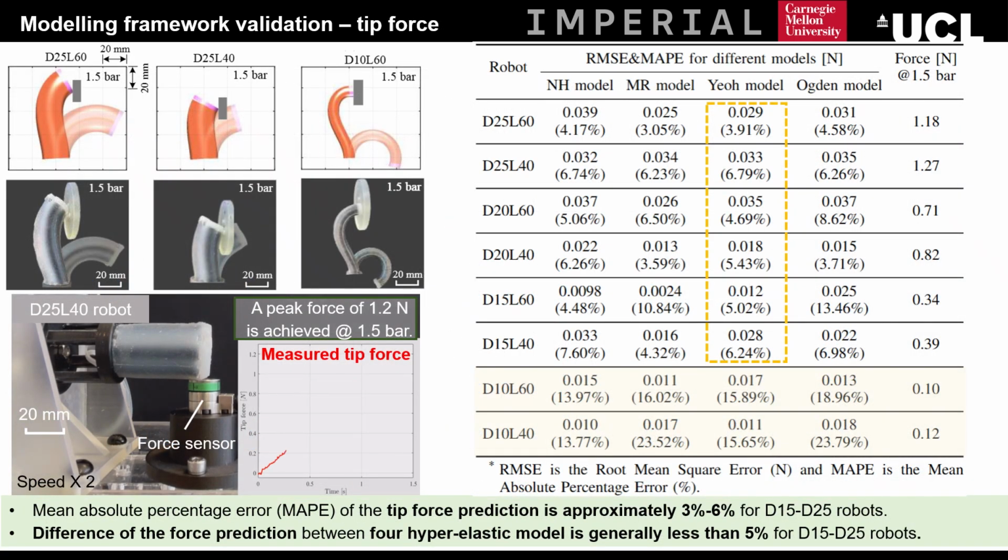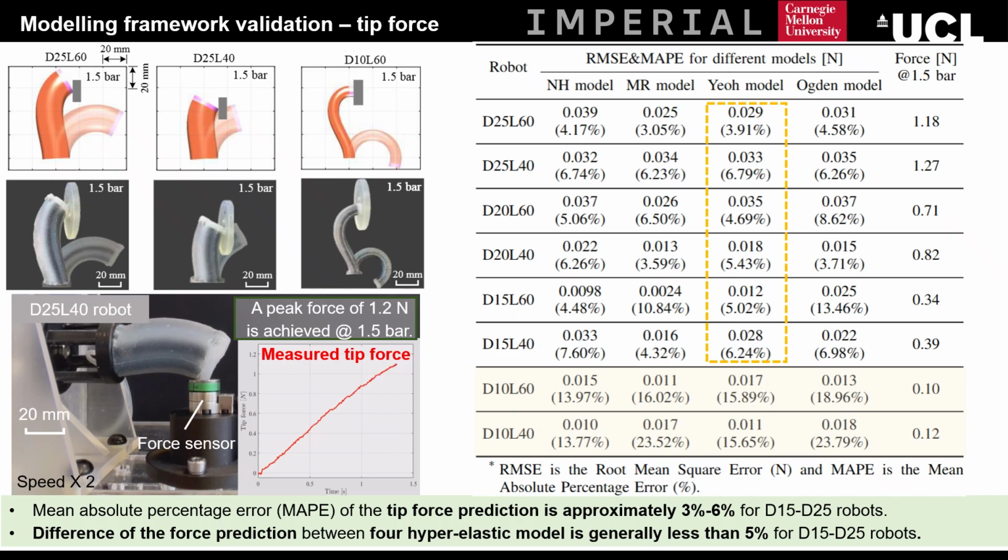We then evaluate how well the model predicts tip forces. We run blocked force measurement with the actuation pressure up to 1.5 bar. The experimental setup is shown on the left-hand side. Prediction accuracy is strong, as shown in the table, with average percentage errors around 3% to 6% depending on robot